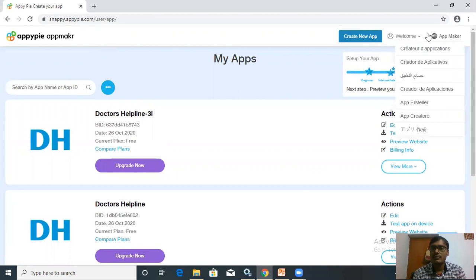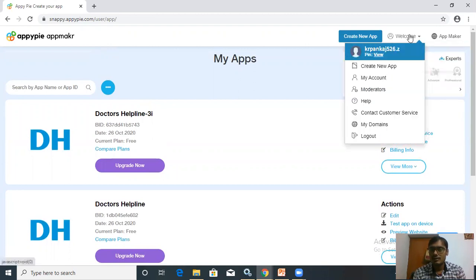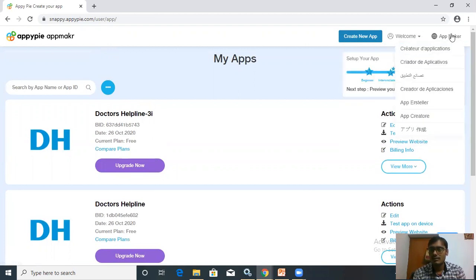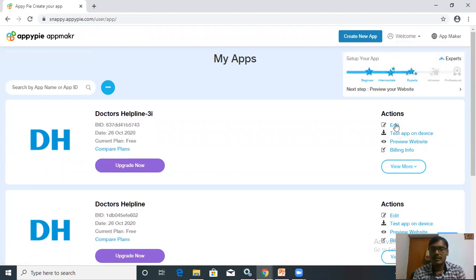Suppose you want to test the app on device. You click on this one.